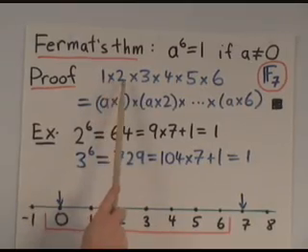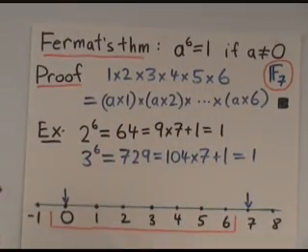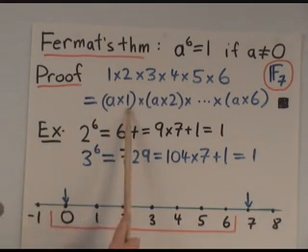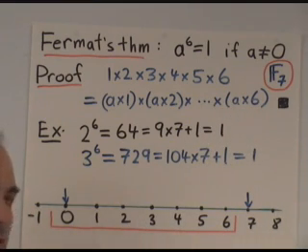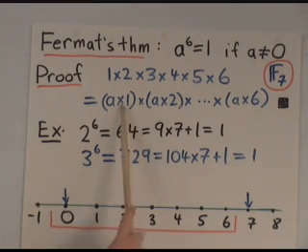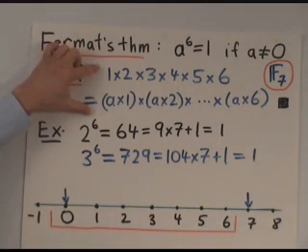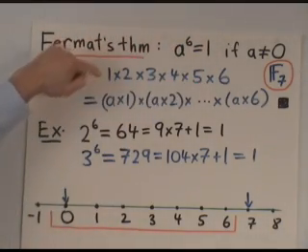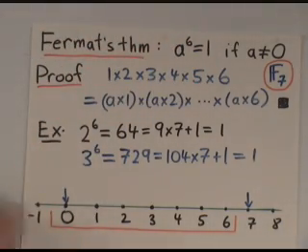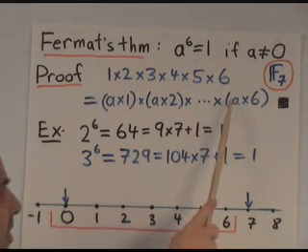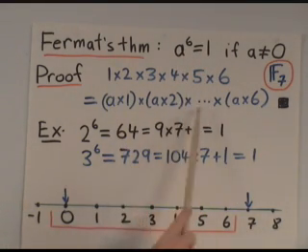If you take the numbers 1, 2, 3, 4, 5, and 6 and you multiply them all together, then that's the same as the product of a times 1, a times 2, up to a times 6, because these 6 numbers are just a rearrangement of these 6 numbers. Last time I showed you the case a equals 5, but it works for any a which is non-zero. Now if you look at this equation, there's a 1 times 2 times 3 up to 6 on the left and on the right hand side. And if we cancel those, we're just left with 1 equals a to the 6. So 1 equals a to the 6th in F7.